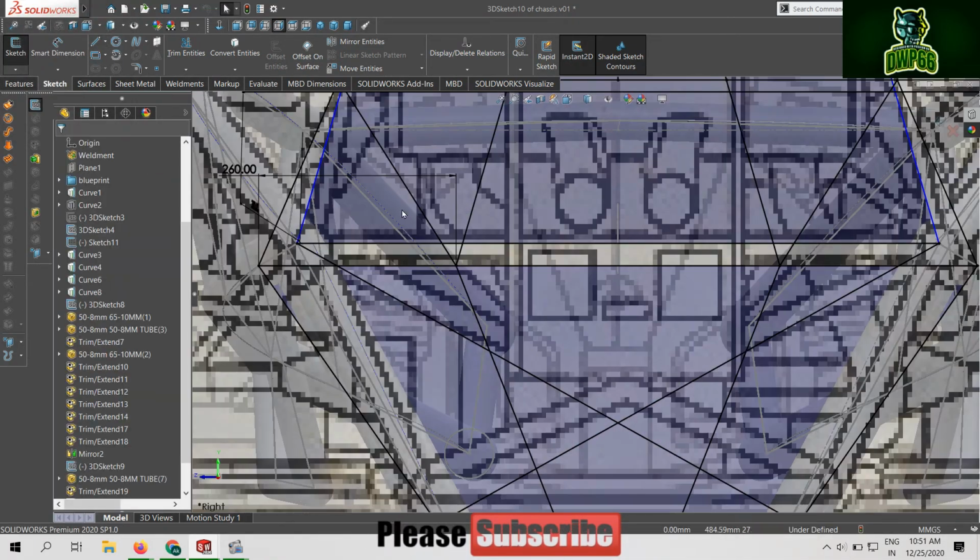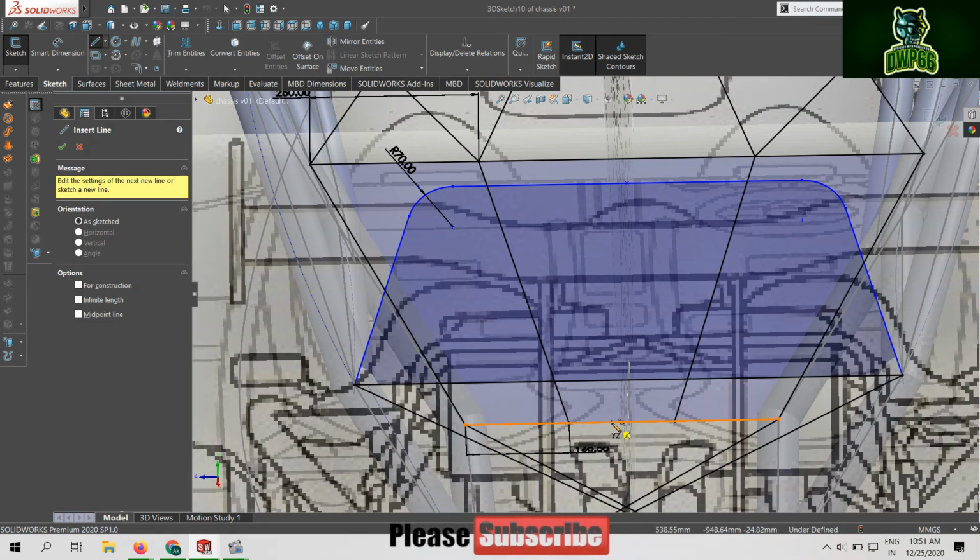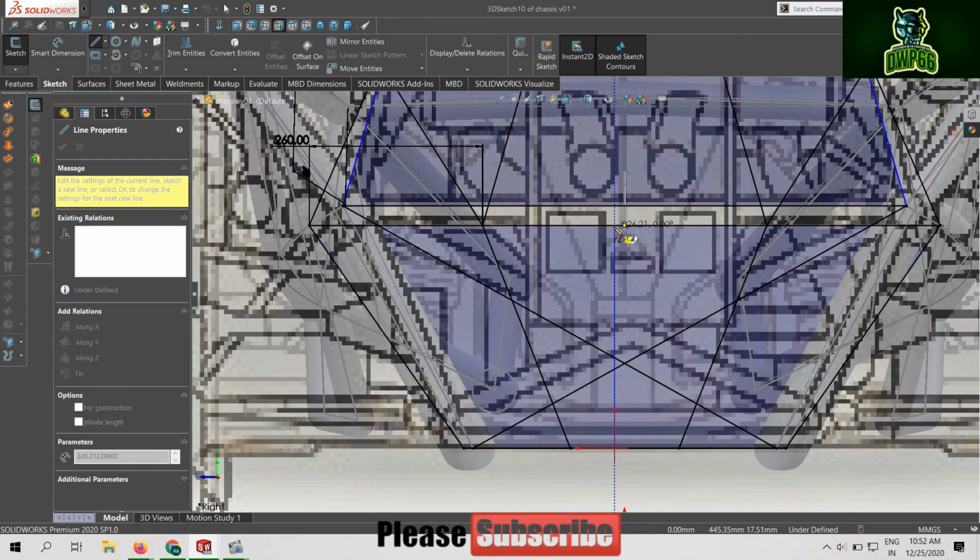For the rest of the sketch, follow my steps. Now connect all the endpoints horizontally and diagonally.